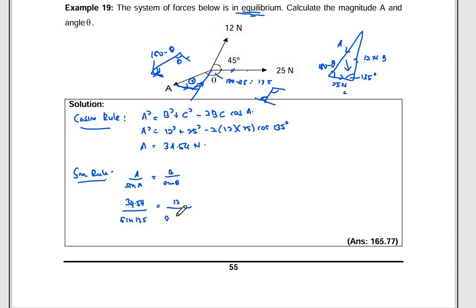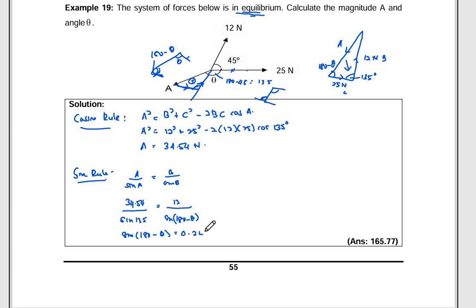Okay, divided by sine 180 minus theta. So, similar to example number 18. Okay. So, example number 18 ini, you akan dapat sine 180 minus theta is equivalent to 34.54 divided by sine 135 and then 12 divided by those